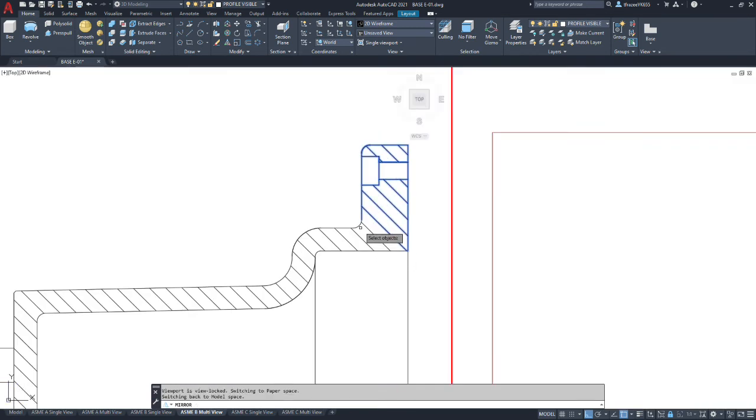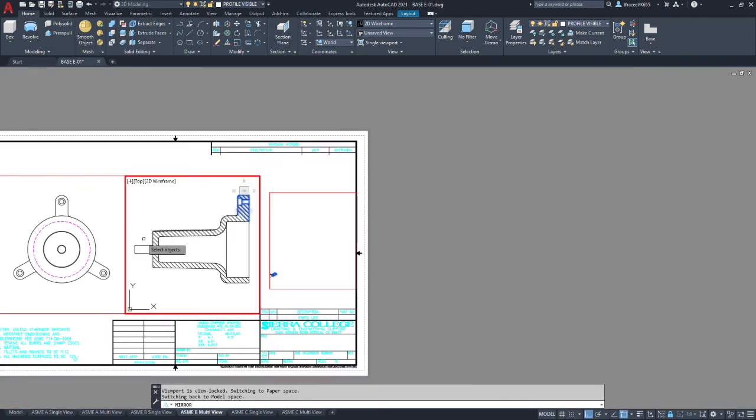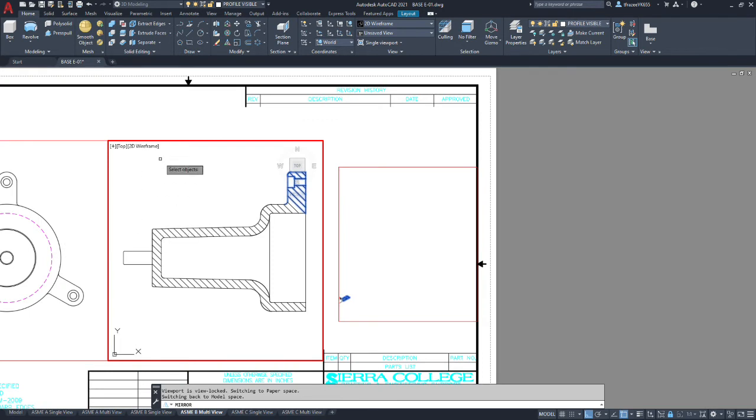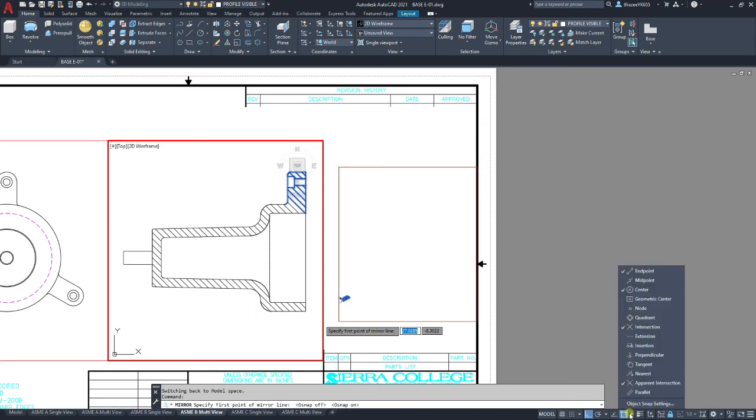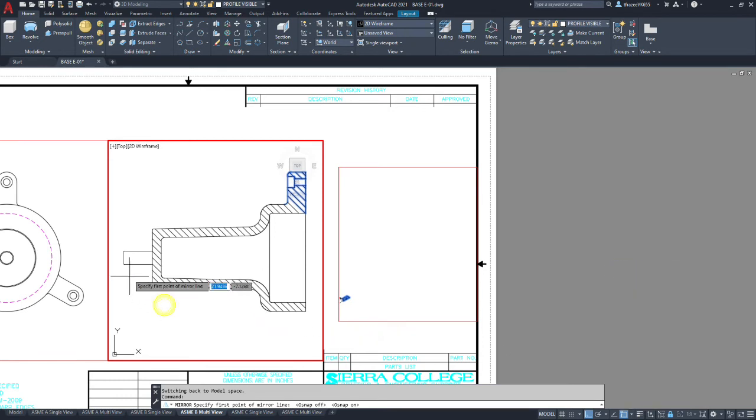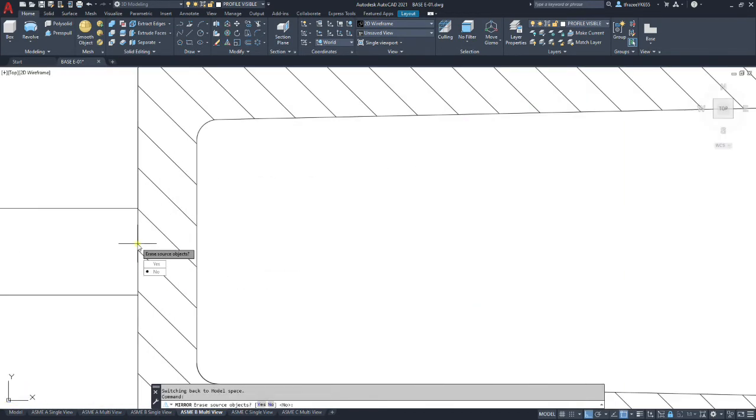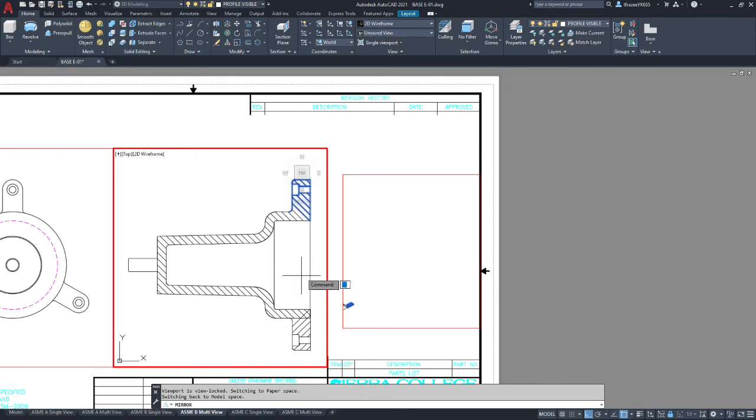Let's include the fillet. Probably really don't need the hatch. We'll see what happens there. We're going to accept that selection, and then we're going to pick midpoints. So let's go to our object snaps and select midpoint and turn off center and endpoint so we don't get confused here. And you get a midpoint and another midpoint, and that gives us our mirror. We're going to accept that, and we have our copy.